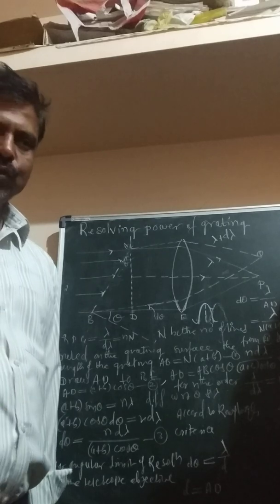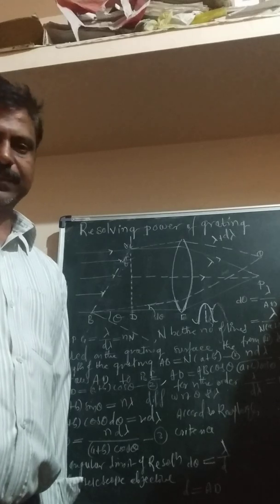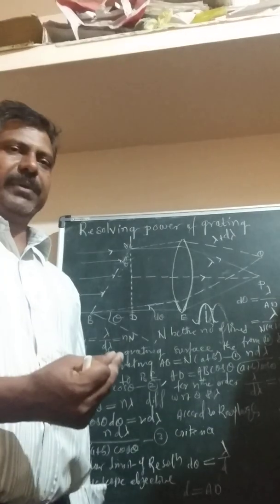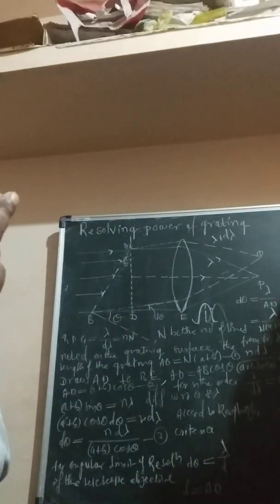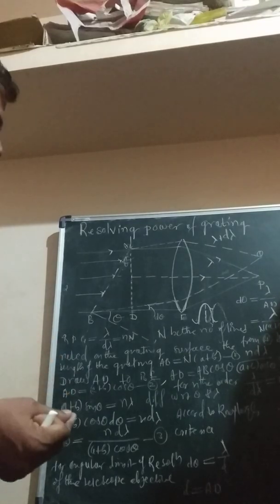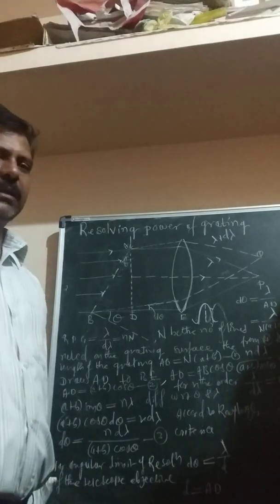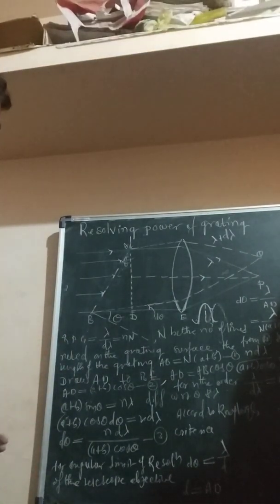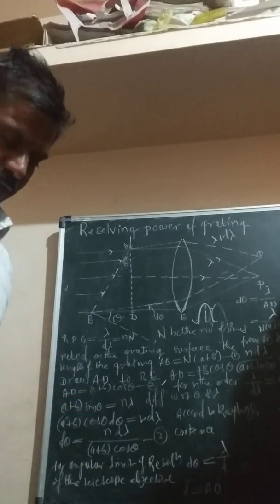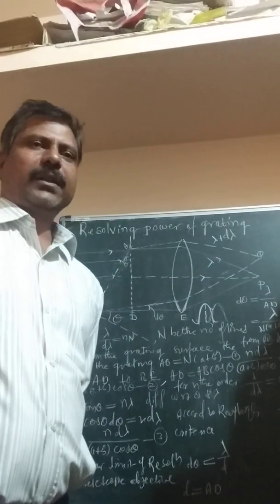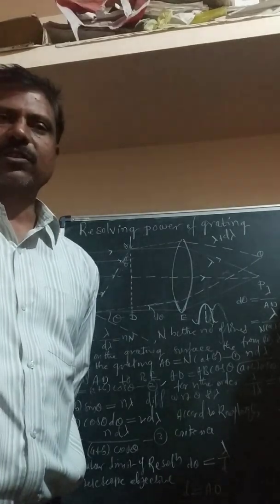its ability to form separate spectral lines which are very close together. That means this grating element separates two spectral lines having certain wavelengths which are close together. Here also the resolving power of the grating is measured by the quantity lambda divided by d lambda. The exact definition of the resolving power of a grating is the ratio of the wavelength of the spectral lines